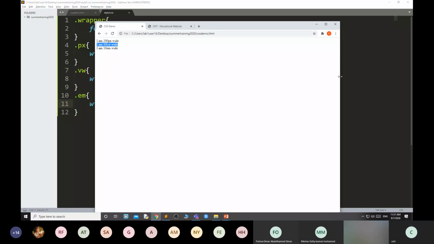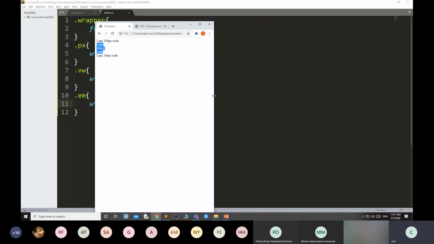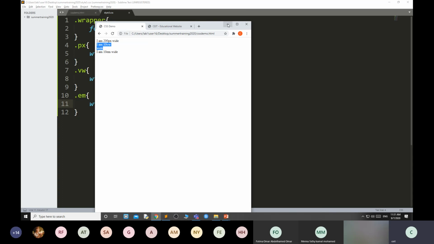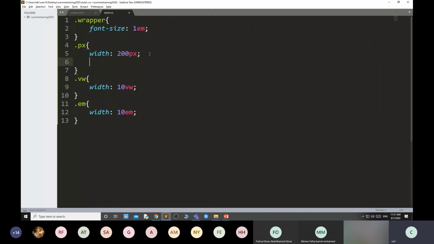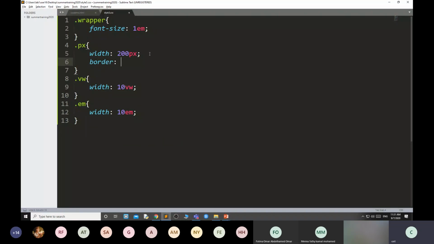Once you minimize the size, it comes down. For better understanding, I can use a border. Let me use the border. Border 2 pixel solid blue.